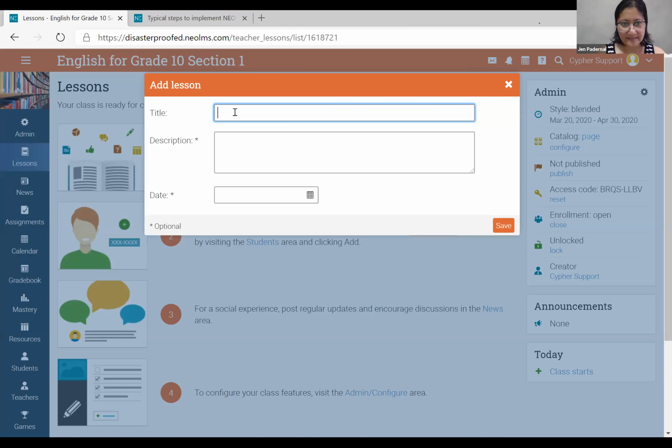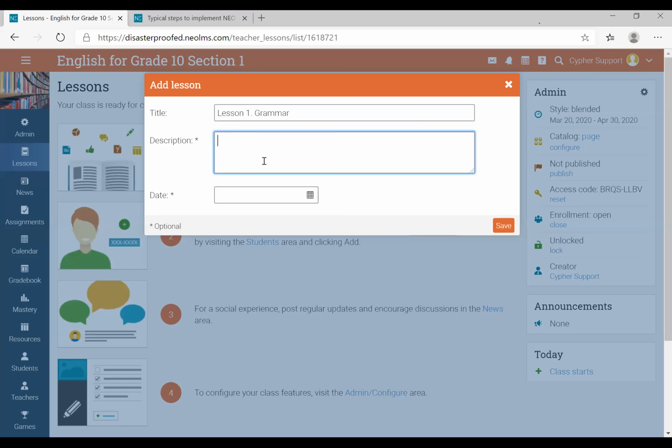And then here in the title, what's going to happen next now is you'll be asked to put in 2 titles. This one is the main lesson. So if your structure for creating a lesson plan is like lesson 1, lesson 2, lesson 3, or chapter 1, chapter 2, chapter 3, this is where you put that. So let's just say that this is lesson 1, grammar. Here. Okay, and then you can also add a description. This is optional. Okay, you can put a description. Pwede po tayo maglagay ng description. You can put in here, in this lesson, we will